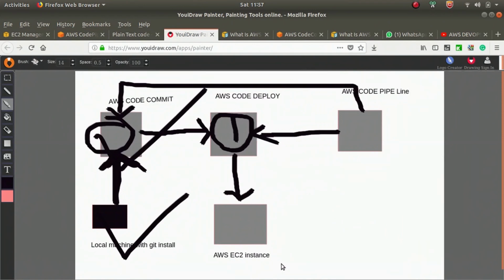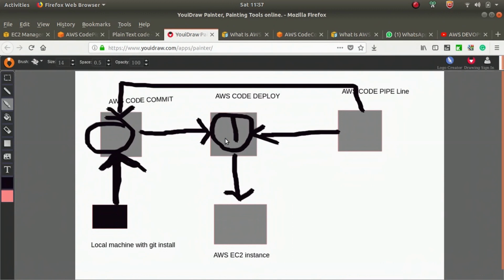First we created a code in code commit, and then the developer will develop some code in his local machine with git installed and push that code to code commit.